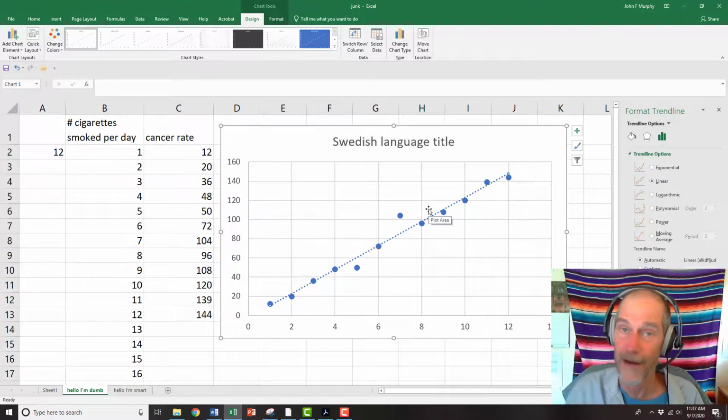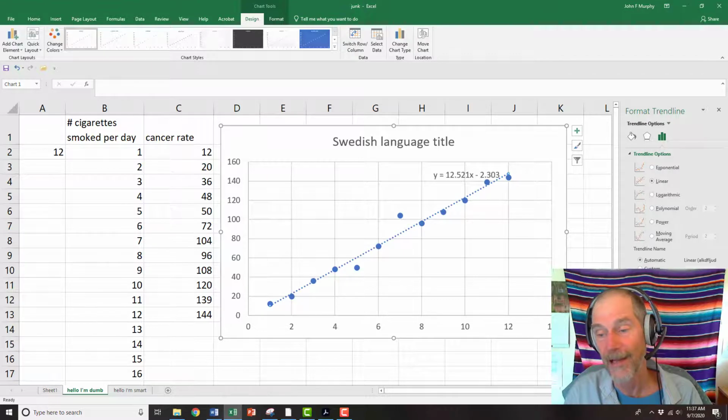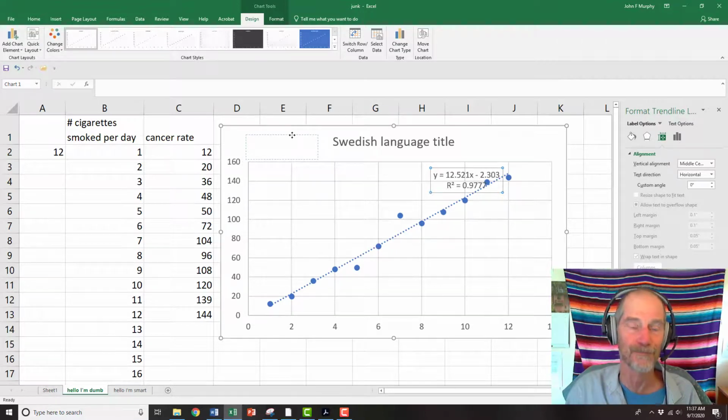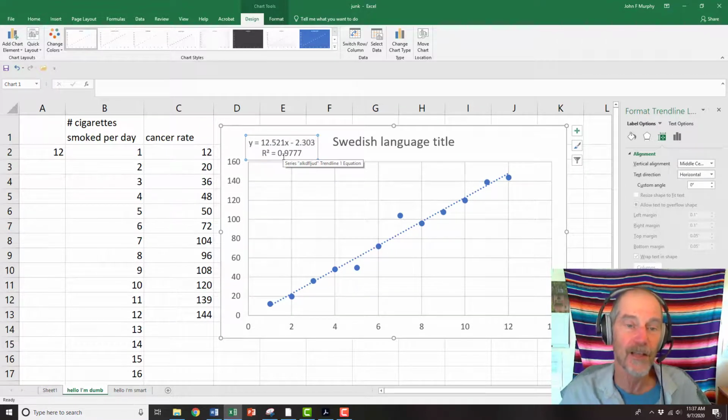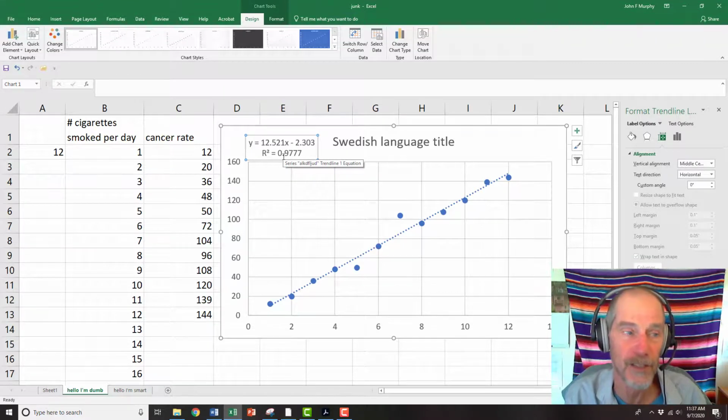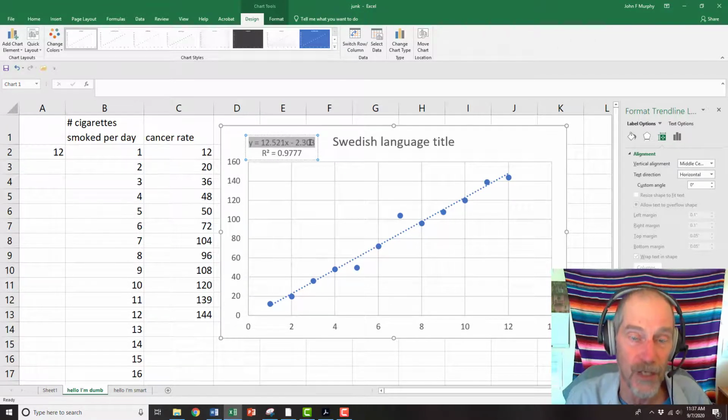Just putting in the line is not enough. I'll get very upset if that's what you do, because I want to display the equation on the chart and also display the R-squared value on the chart, which are here. The reason, I'll get all hot and bothered about this later, is this is so important. It's so valuable. If I can tell you that the relationship of smoking cigarettes to getting cancer goes with this equation,